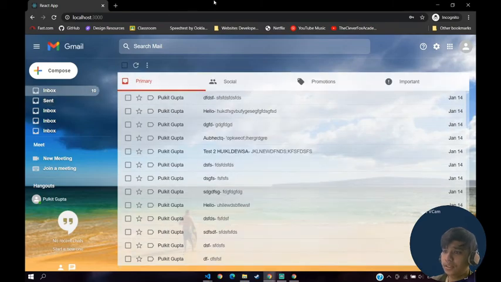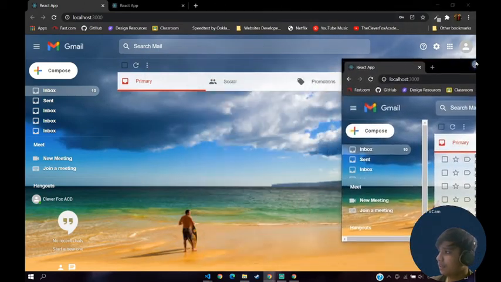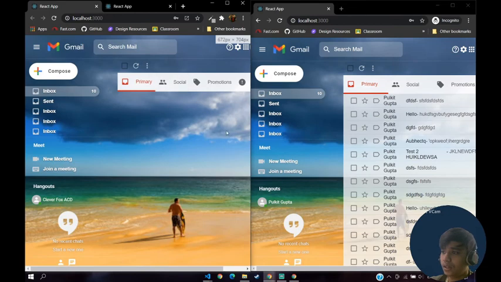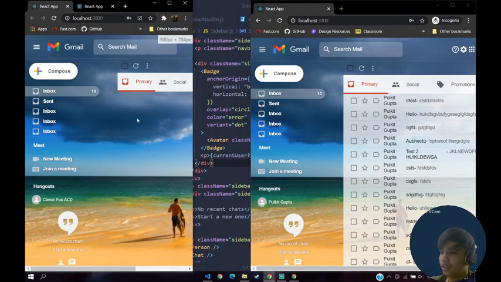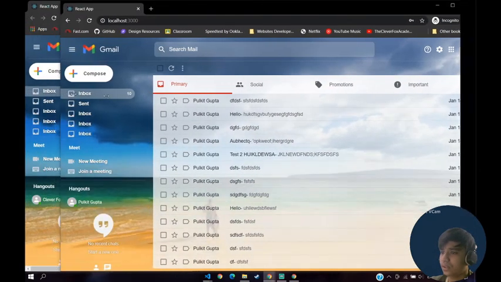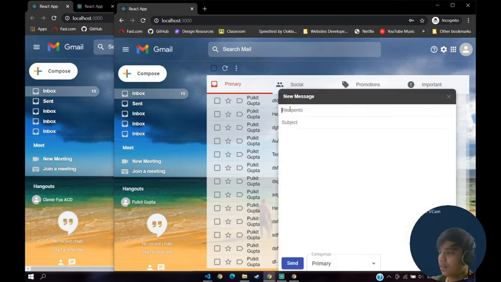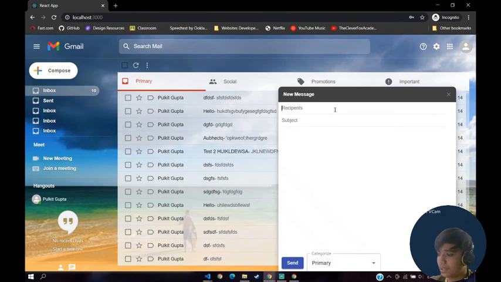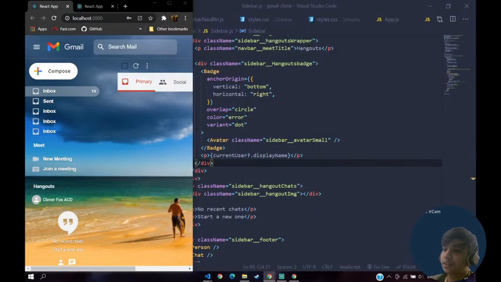So now let me bring all of this side by side. Yeah, it's not responsive, I know that. Okay, so here if we send a mail to ourselves, what was the email there?